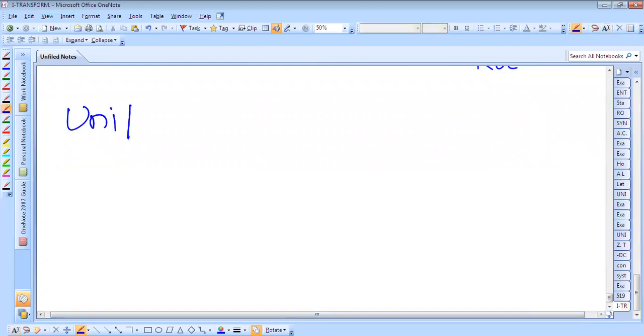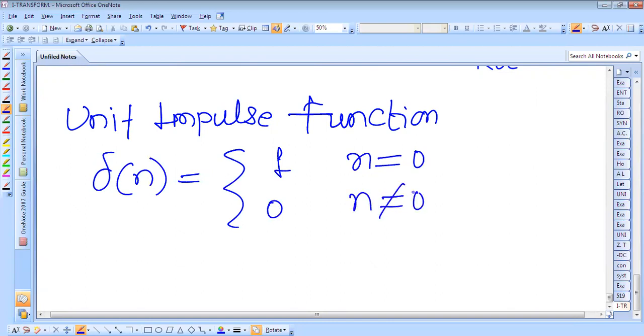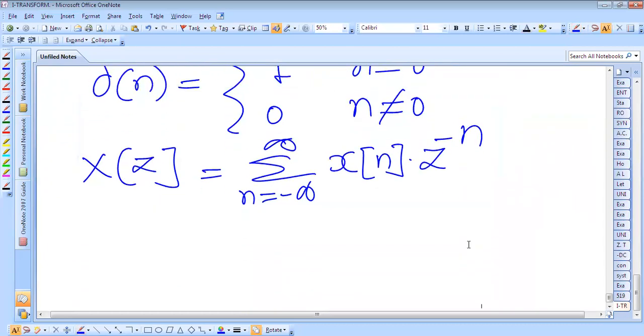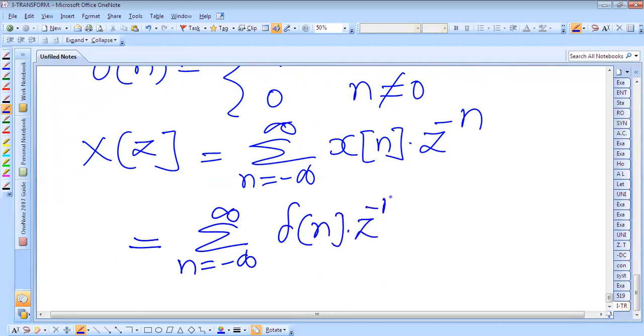Next is the unit impulse function. Delta of n is equal to 1 for n equal to 0, and it is 0 for n not equal to 0. Therefore, X of z is equal to summation over n equal to minus infinity to infinity of x of n into z raised to power minus n. So x of n is here. Summation n equal to minus infinity to infinity, and it is delta of n z raised to power minus n. This value is equal to 1 into z raised to power minus 0. This is equal to,